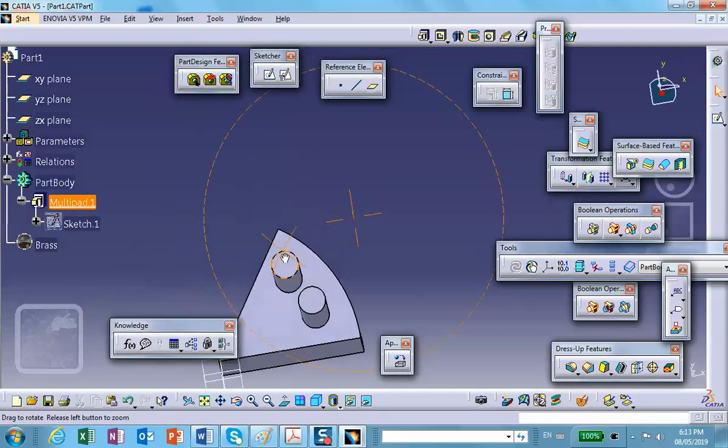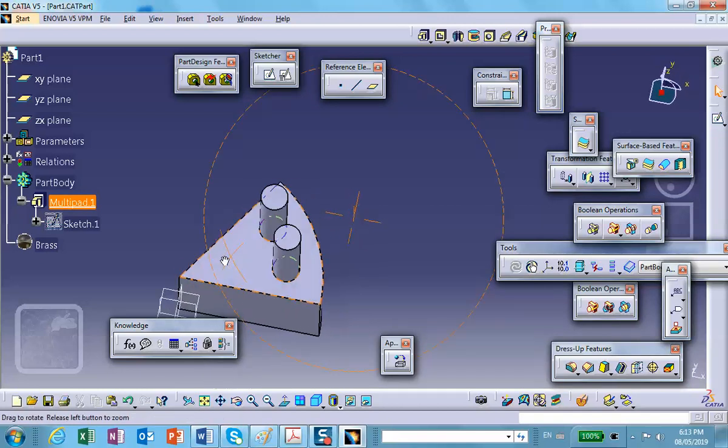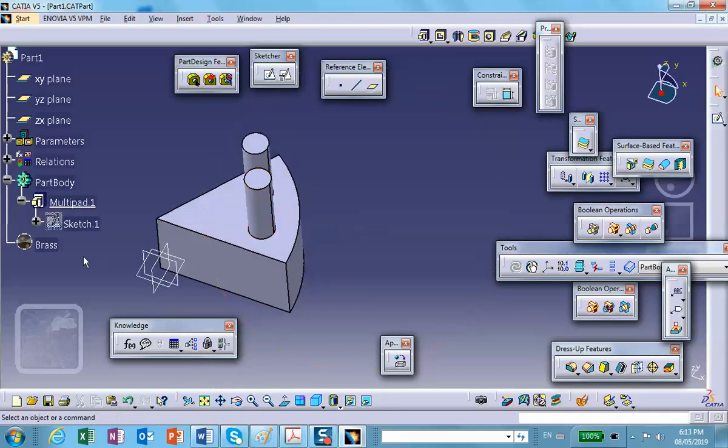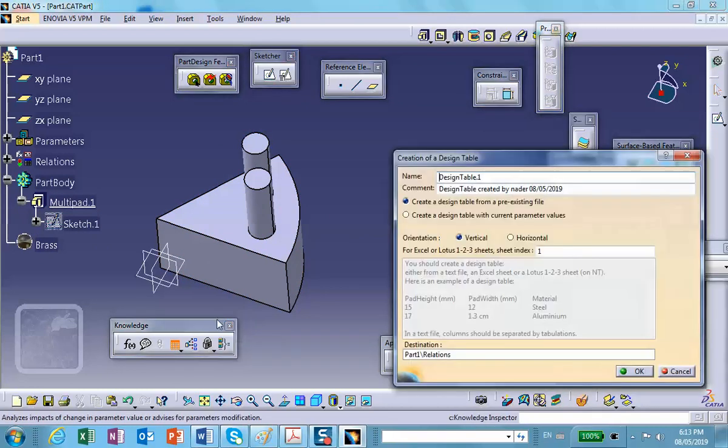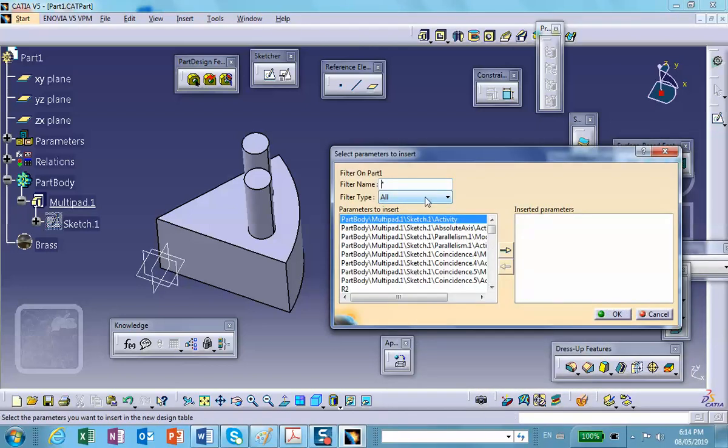And notice that, remember I made these two the same and those two angles the same. It's already taking effect. But now we go and create our design table right there. Click on the design table, create with current parameter values, and it says, what do you want to put in that design table? If I say renamed,